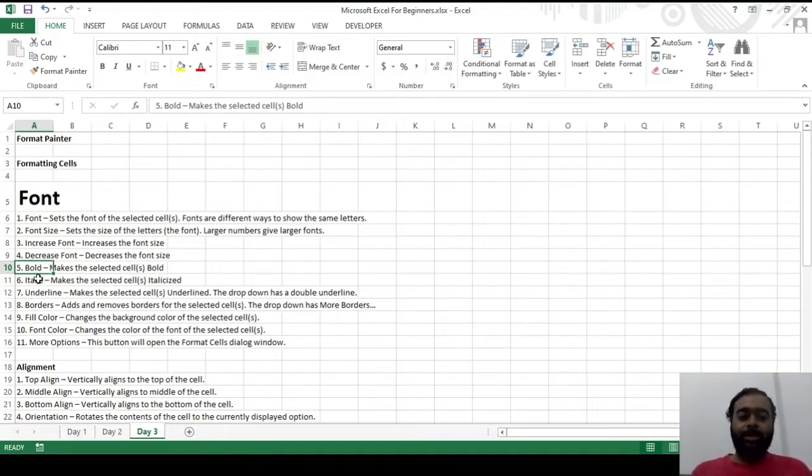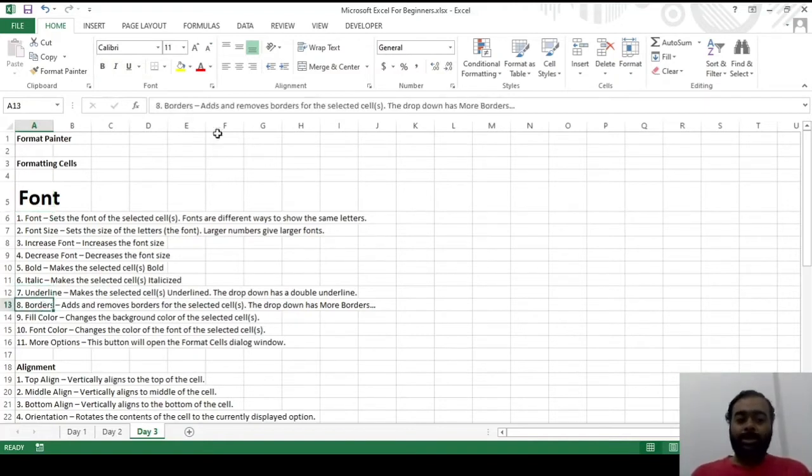Okay, next comes italics. What is italics? Italics gives you a stylish writing. If you can see here, a normal writing and a stylish writing. So it is italic. Next comes underline. Where do we put underline? If there is something important which you need to highlight, like a heading, a few people underline the heading. A few people underline something which is really necessary for people to see. So we underline that. So that is underline.